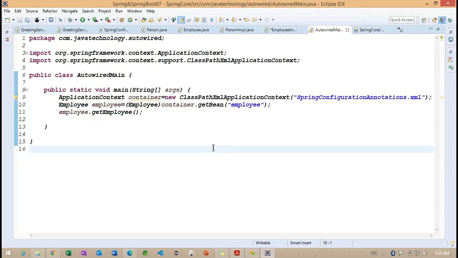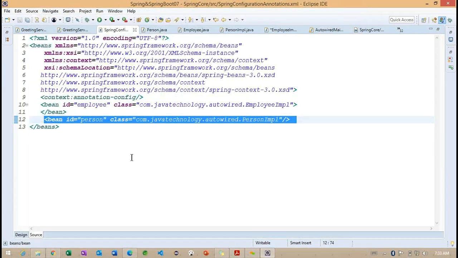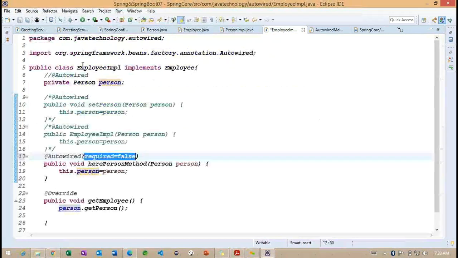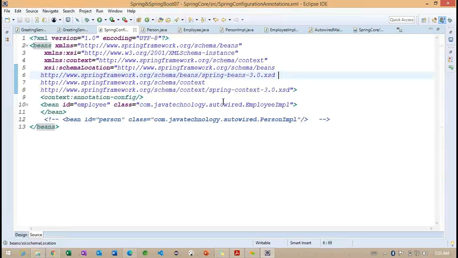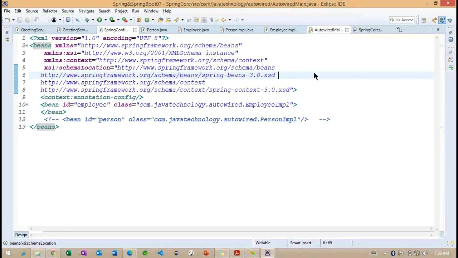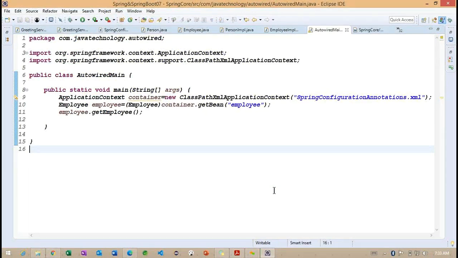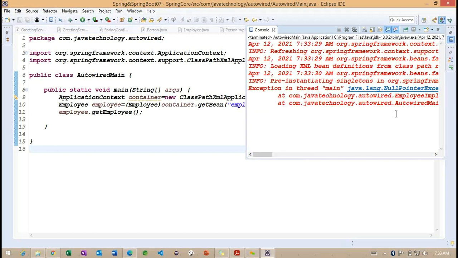Getting the point? So now you can see the type of this particular bean. Right. So now you can see, if I'm going to comment out the bean information, we need to get a null pointer exception here. So we are expecting the null pointer exception.